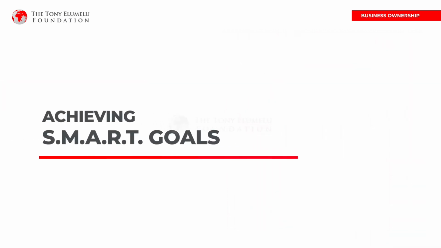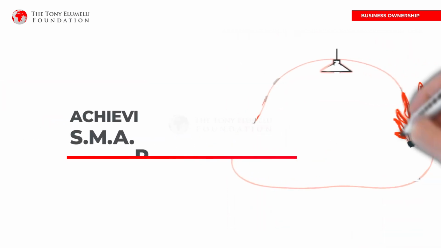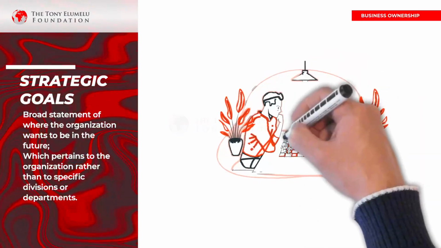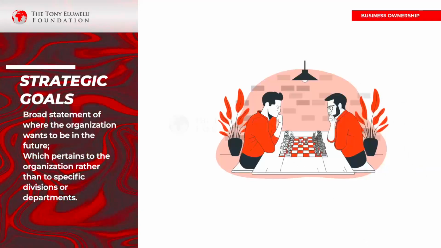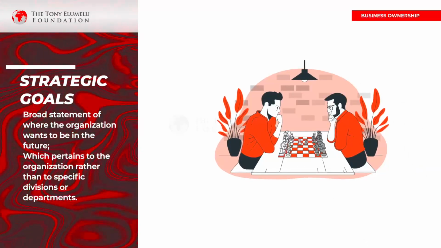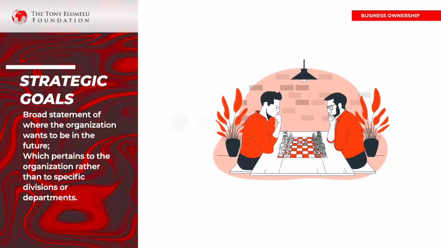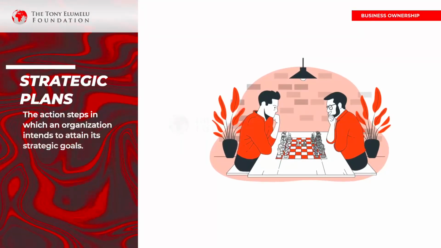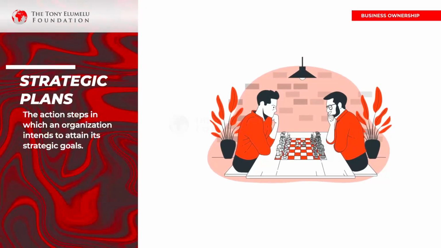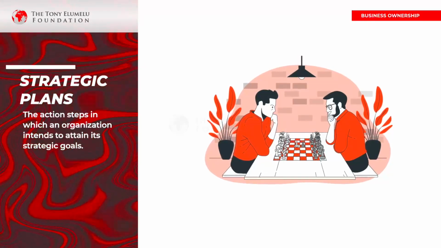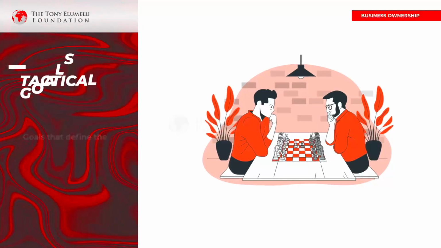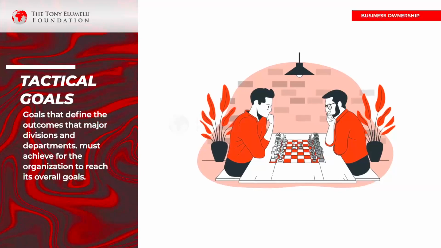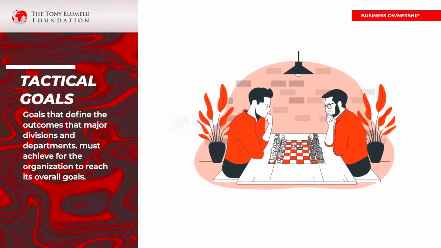Achieving SMART goals. Typical organizational goals and plans include strategic goals, a broad statement of where the organization wants to be in the future, which pertains to the organization rather than to specific divisions or departments. Strategic plans: the action steps in which an organization intends to attain its strategic goals. Tactical goals: goals that define the outcomes that the major divisions and departments must achieve for the organization to reach